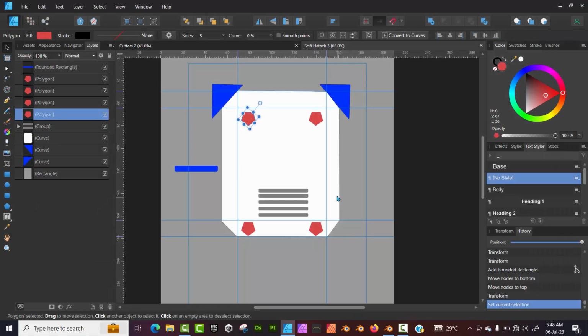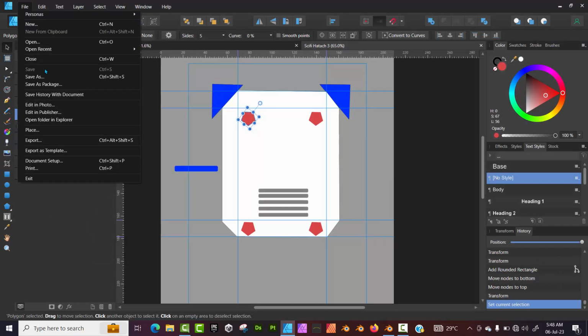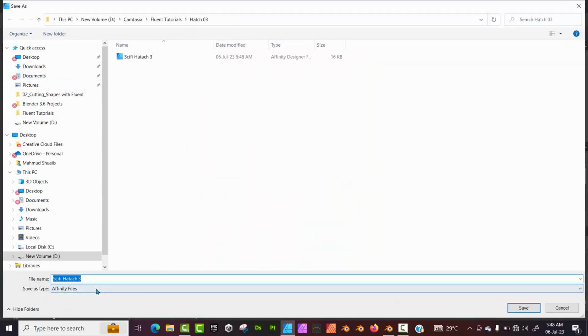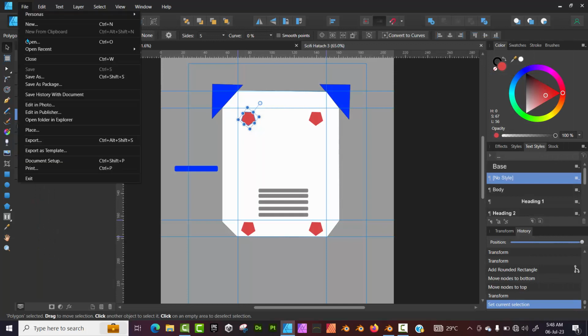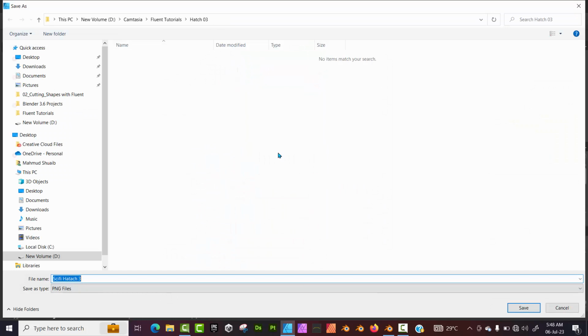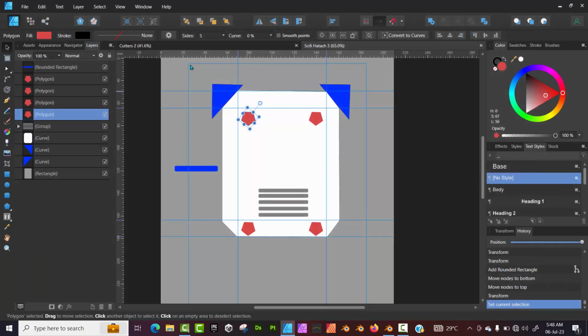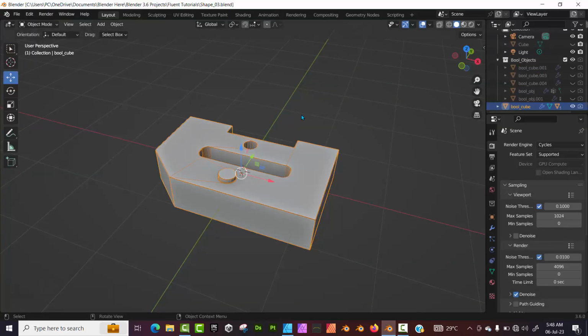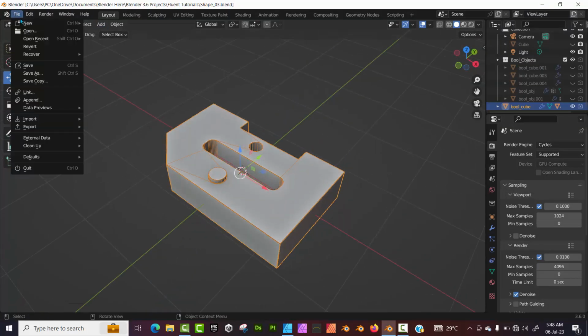I'll save the Affinity file, and I'll go to File, Export. I'll just export this as a PNG file, and I'll save it in the same place. I'll click Save. So now I can quickly hop over to Blender and go to File, New,